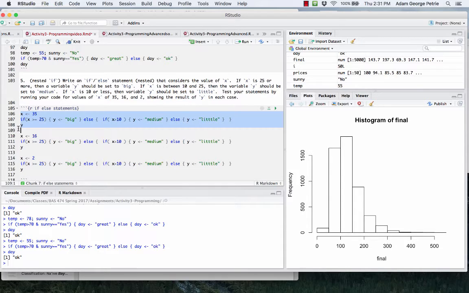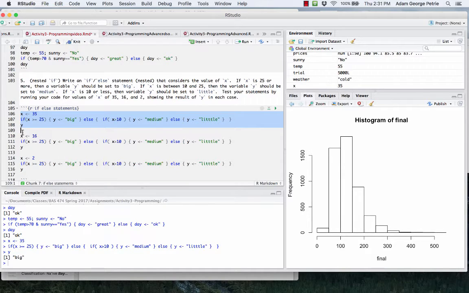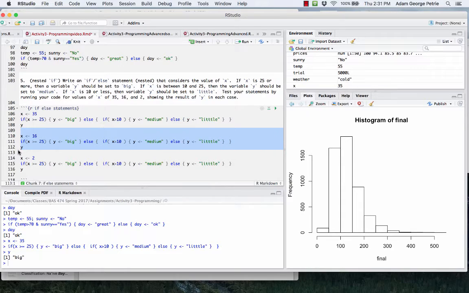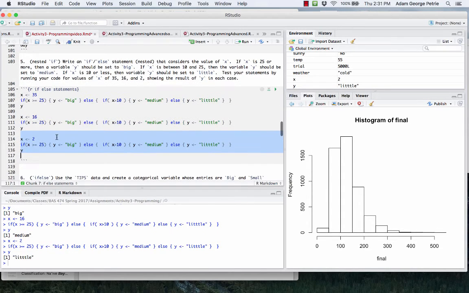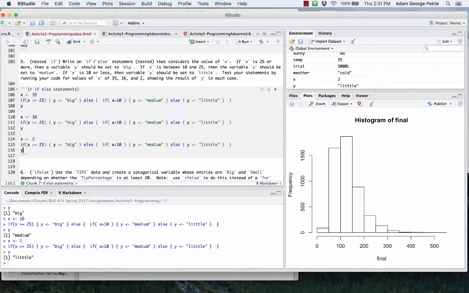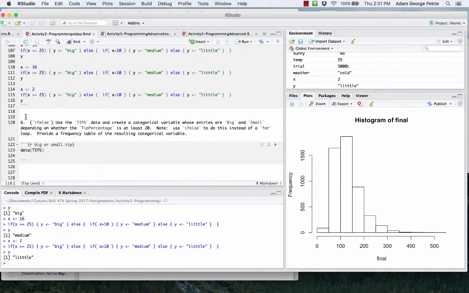All right, so x is big. Y should reflect that. It does. X is medium in this case. Does y reflect that? Yes. X is small. Does y reflect that? Yes, it does. It's set to little here. So success. All right, question number 6 actually pushes us even a little bit further and has us explore a